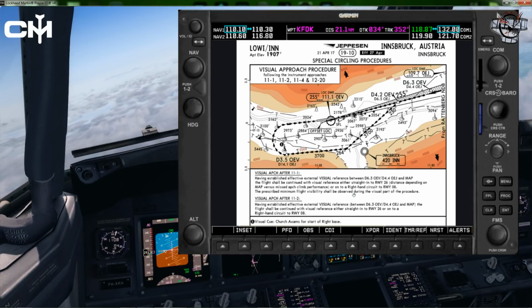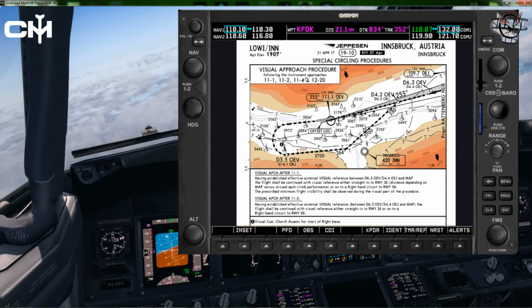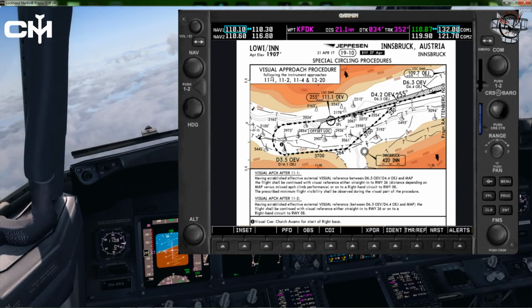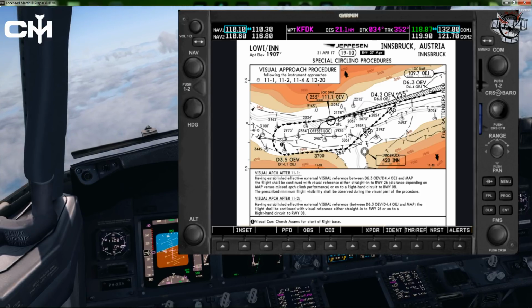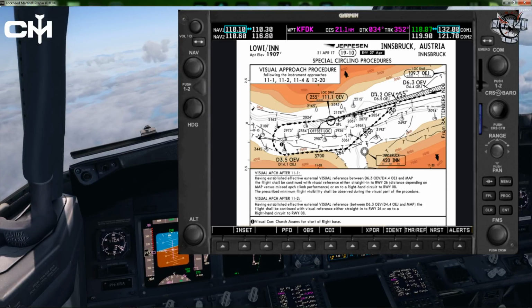There we go. Hopefully everybody can see that just fine. So this is the visual approach procedure following the instrument approaches for 11 TAC1, TAC2, TAC4, and 12 TAC20. We were looking at 11 TAC1 just a minute ago, the localizer GME East approach. So this is the visual approach following that, and you can see here, distance 4.2 OEV, that is our ML26,